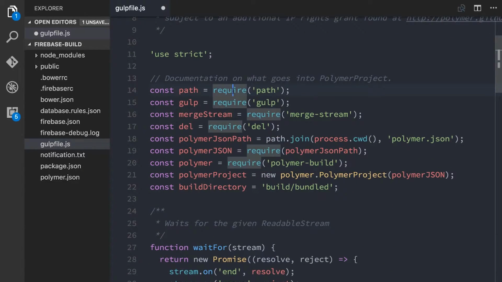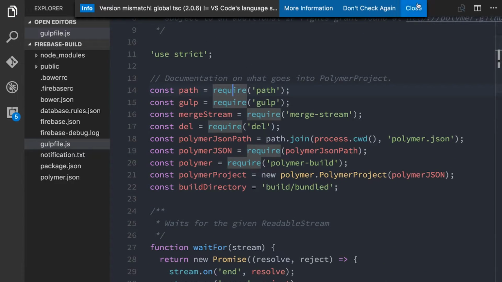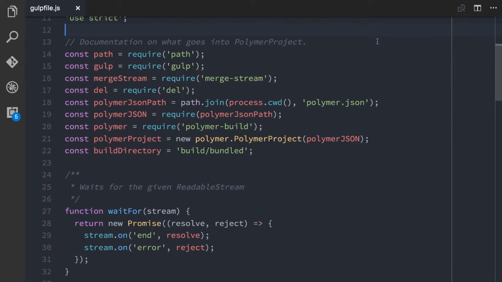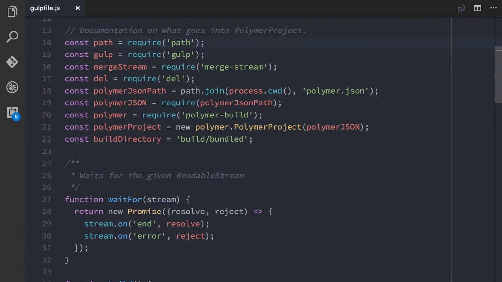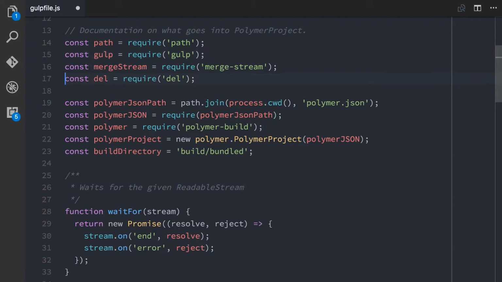And we're going to tell it exactly what we want it to build. So we're going to do that inside of this gulp file. I've gone ahead and pre-written this gulp file because there's a fair bit of code in here. We can walk through it piece by piece so you understand what is going on. At the top of our gulp file, we're just pulling in a few items that we'll need for setting up our paths, pulling in gulp, merging our streams, deleting files, and things like that. This is all typical boilerplate.